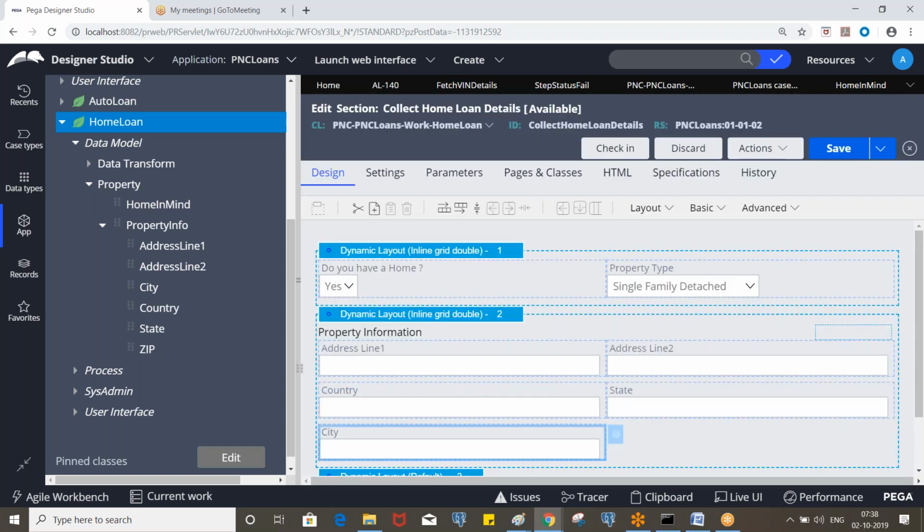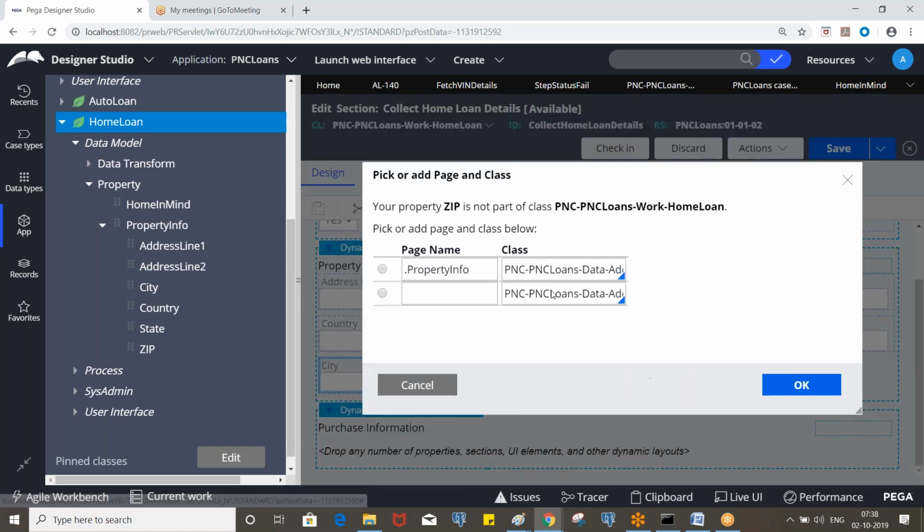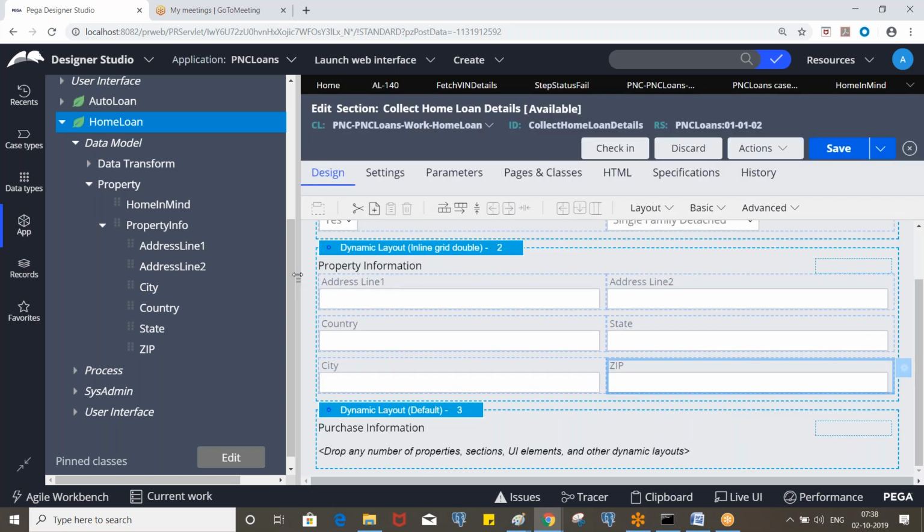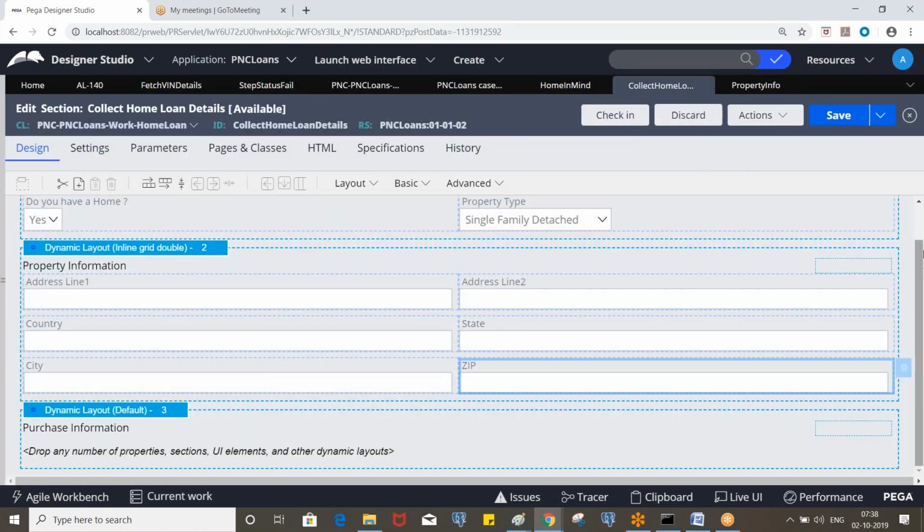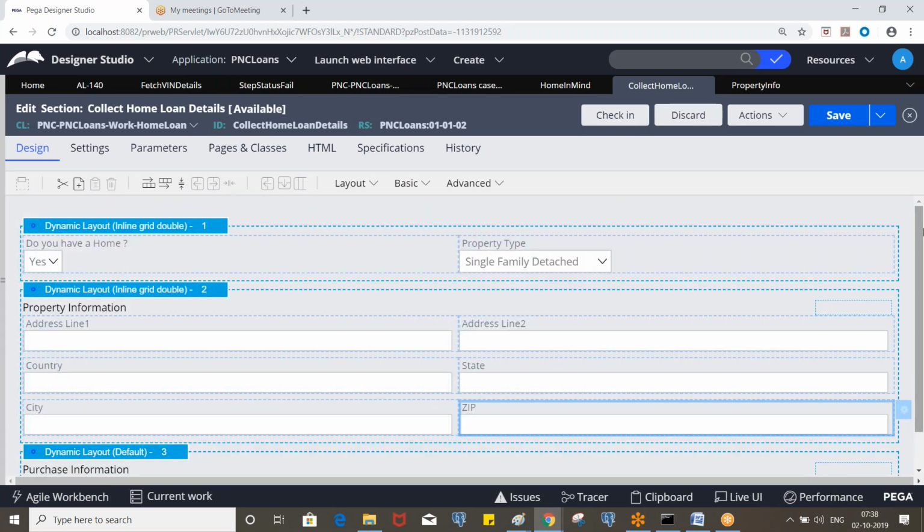Right? So now let's create one more property called use current address, which will be a radio button.